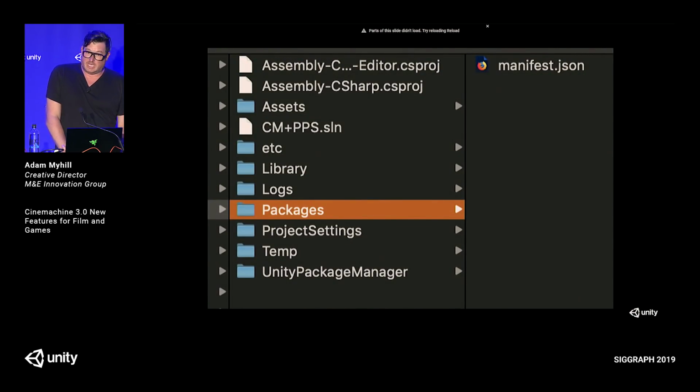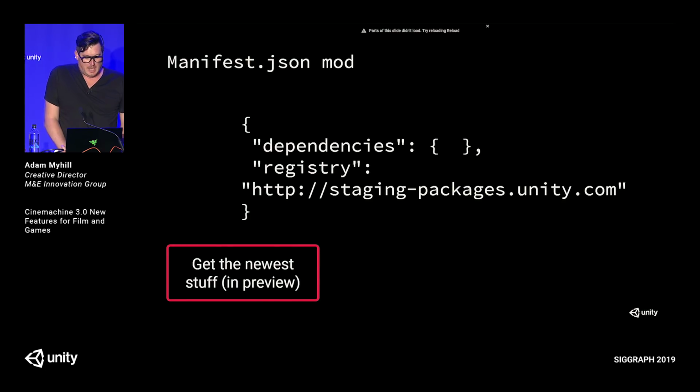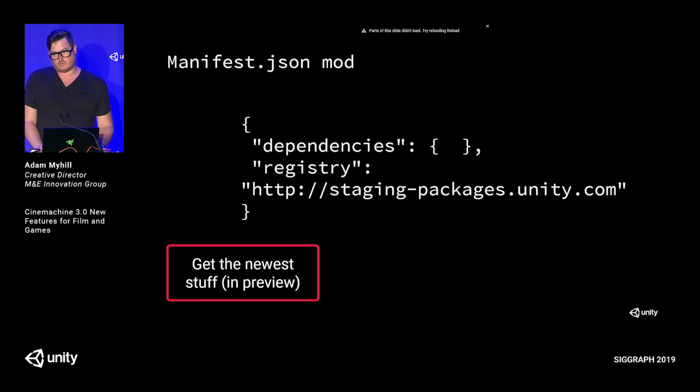And if you want to be on the bleeding edge, and this is not just for the Cinemachine stuff, you can go to your packages folder, and there's a little file there called the manifest.json. Don't ask me why it's a Firefox logo on that. And you add this. You can search this online, but basically what you're saying is, give me the stuff hot off the press, warts and all. And what's cool about this is by modifying this, and this isn't just with the camera stuff, you're telling Unity to look at the stuff that we're directly working on. So we'll do a preview drop and you can get it. And we will turn things around sometimes daily. Someone will say, I want a feature. We're like, get it, it's in preview, boom, you got it.